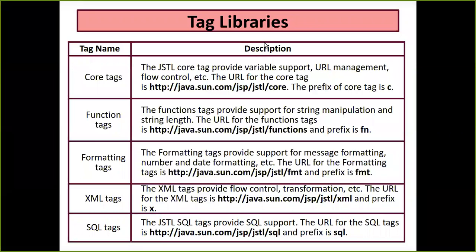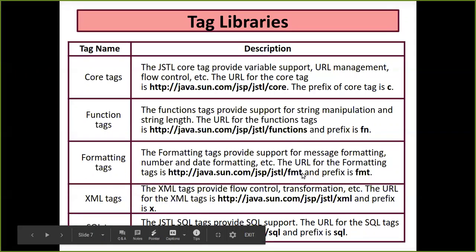Fine. So here in JSP also you can think in the same manner. You have to make your JSP engine understand which tag library you are going to use, and accordingly what ready-made tags are available inside the core tag, which is going to be used by the developer. If I talk about the core tag, there is a defined path available to make your JSP engine understand that you're going to use core tags. What is the path? It is going to be similar for all the 5 tags, just the last word is going to differ.